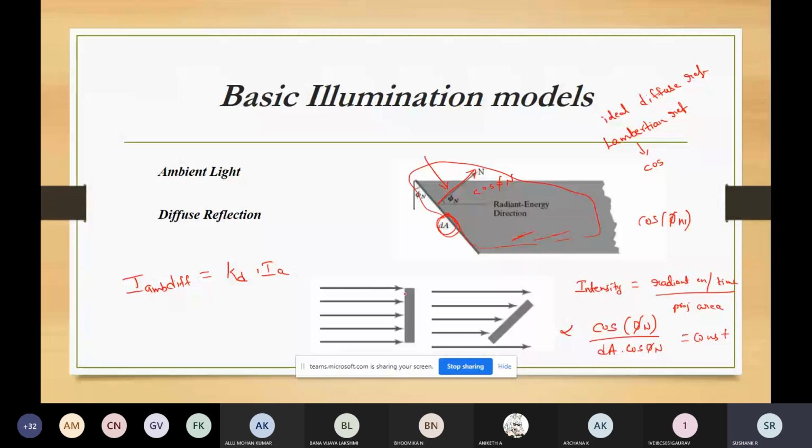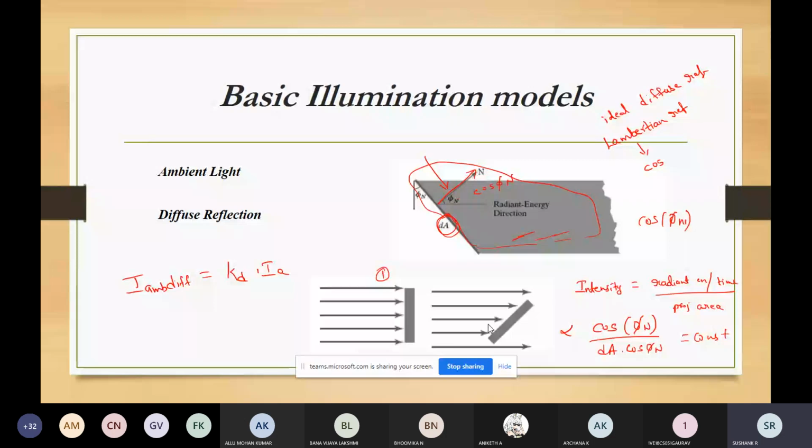Here in image one, we have an object, and the light intensity is falling equally on all the objects. But in image two, the light falls at some particular angle, so the light intensity is not normal. Some part of the object is getting more light and some part is getting less light because of the angle, and the reflection will not be equal either.